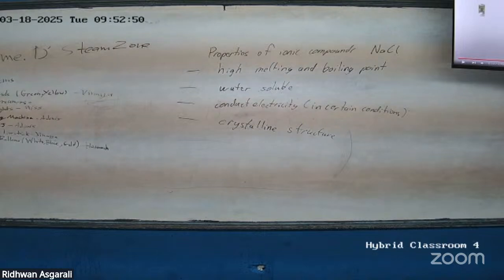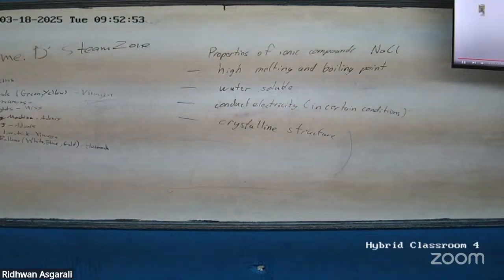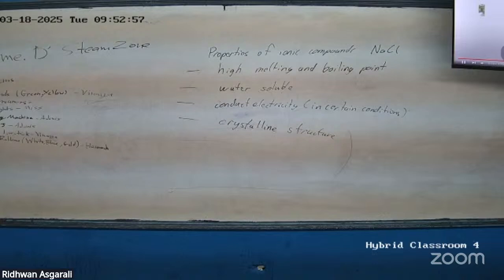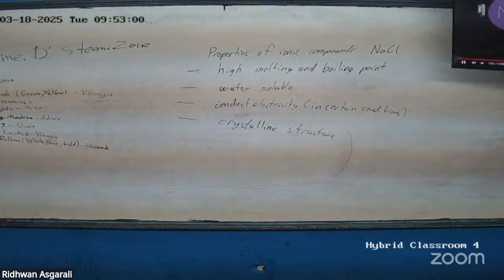Let's now have a look at the giant ionic lattice of sodium chloride. We know that sodium and chloride ions are electrostatically attracted to one another. Because of this, you will see that the ions are arranged so that the sodium ions are always next to the chloride ions. This arrangement